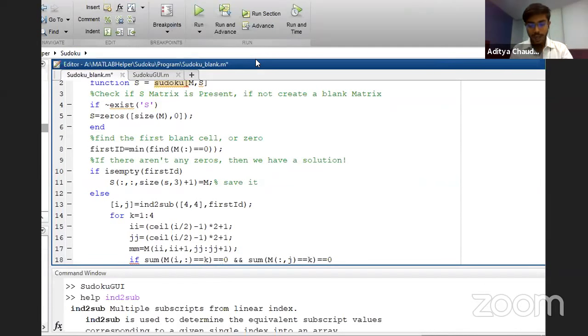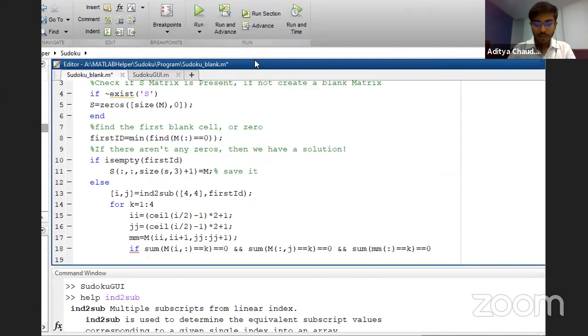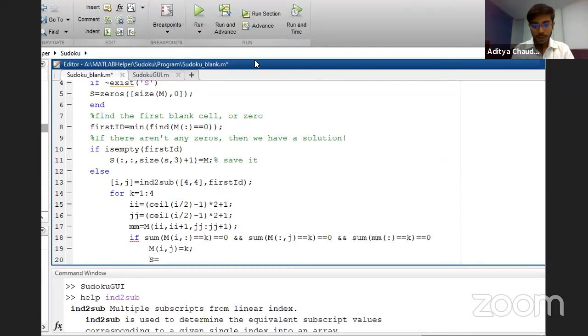Now we'll be checking for the 2 by 2 matrix over here equals to k, which is equals to 0. So this is our if loop wherein we'll be checking this part, and we are just left with some 2 or 3 more lines. So just hold on with me and we'll be designing the GUI for this program. So mi comma j will store this value if the condition is true, and s equals to Sudoku.